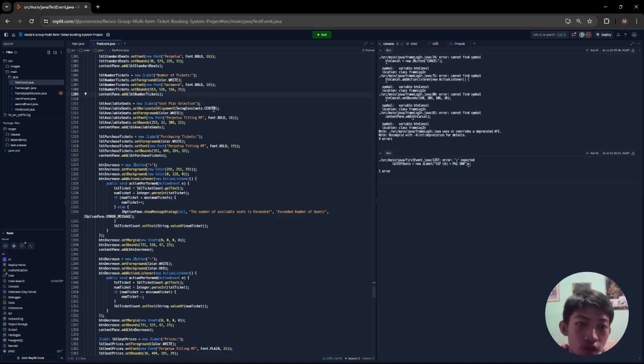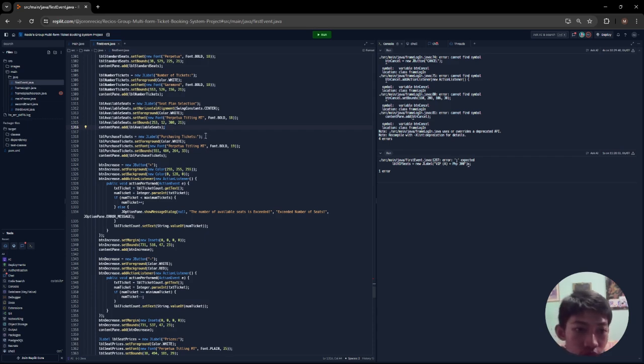In line 1311, it initializes a label with the text seat plan selection, centers the text within the label, sets the text color to white, sets the font to Perpetua Titling MT, sets the position and size, and adds the label to the content pane.